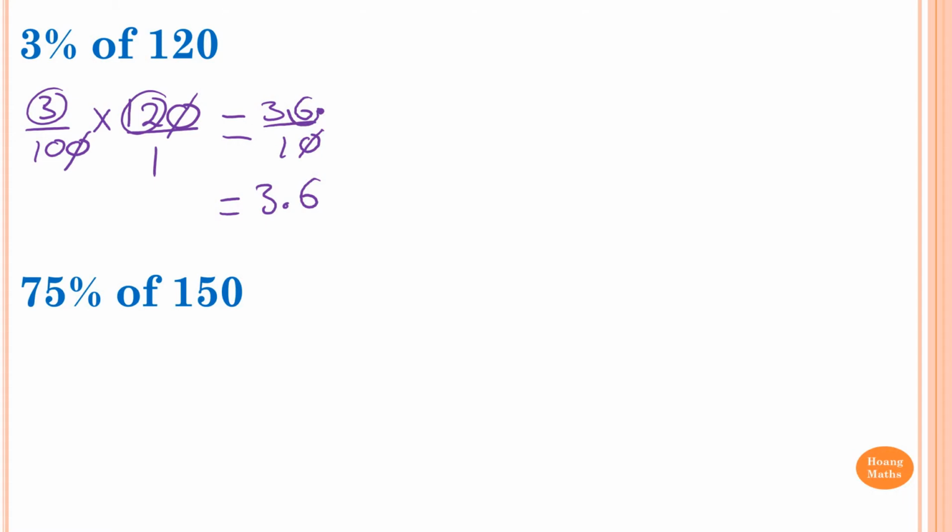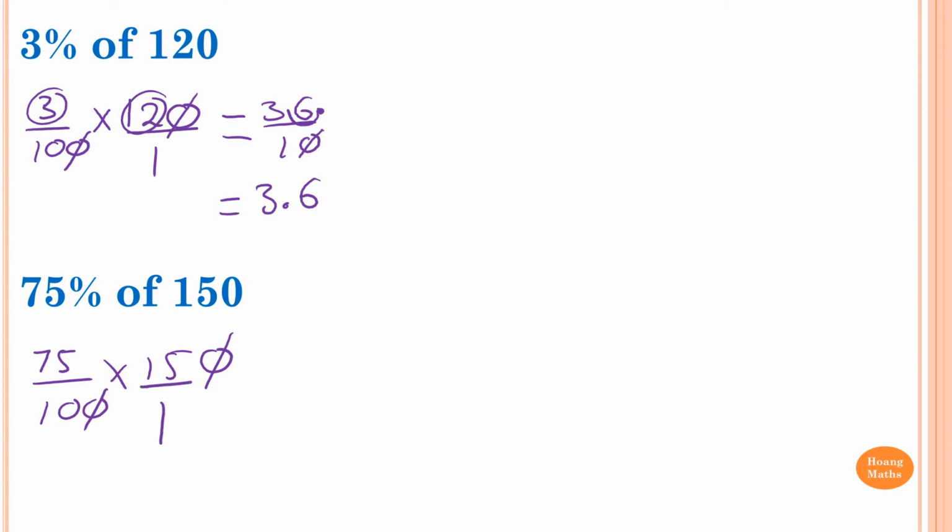75% of 150. So 75%, if you recognize this, 75 is 3/4. 75% is 3/4. Otherwise, it just goes 75 over 100 times 150. But it's easier if you recognize 3/4. Otherwise, we can just do this. Nothing wrong with that. So cancel that. So now what I do, instead of simplifying 10 with 15 further, or 75 with 10, I just use